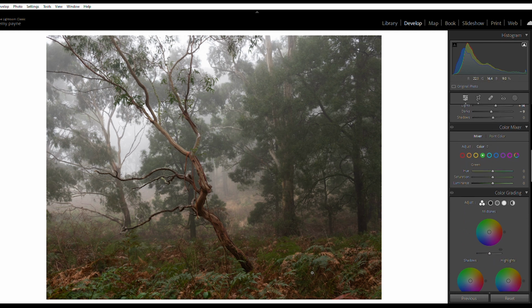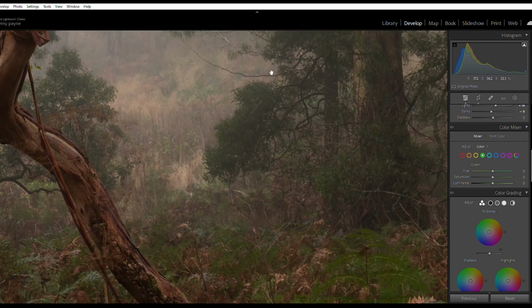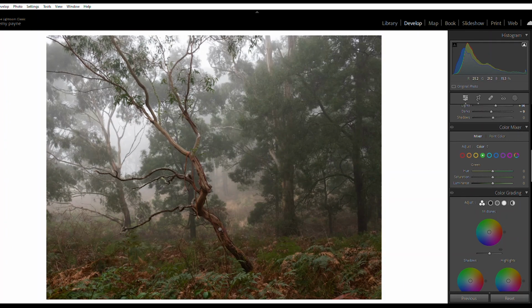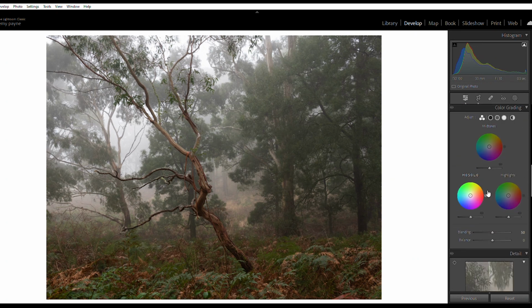So the colours here, I'm not too fussed. If it's too green in woodland, I'll drop the greens. But this image is quite fine at the moment. It's kind of a wintry, sort of a bland flat colour there. So my shadows I like, because it's winter and it's a cold image, I'm going to go my shadows blue. You can go extreme and then pull it back to where you think you like it,